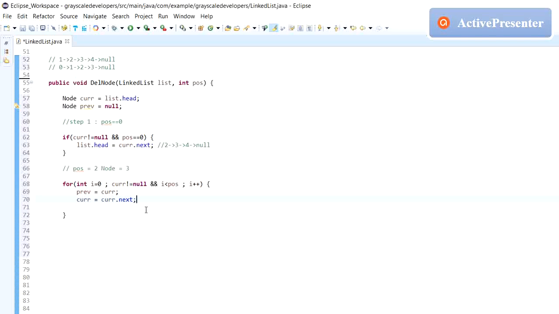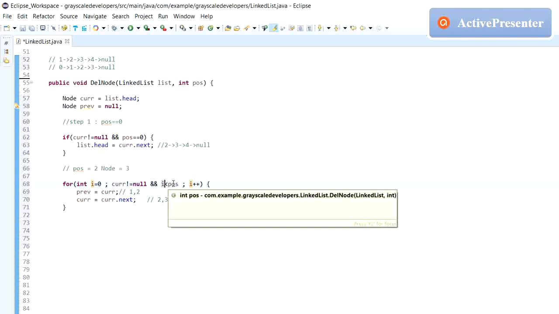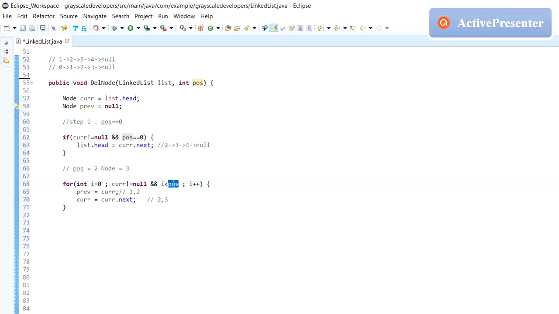What happens here? In the first iteration, previous is 1 and the current node is 2, and i got incremented to 1. In the next iteration, previous is 2 and the current is 3. When it comes to the next iteration, i becomes 2, so we can only go till 1, because the position I've given is 2.